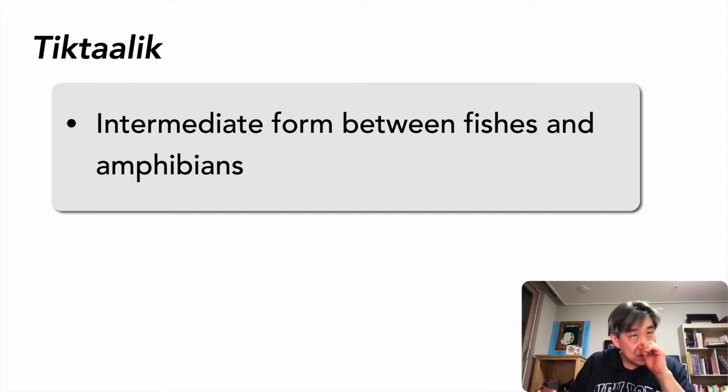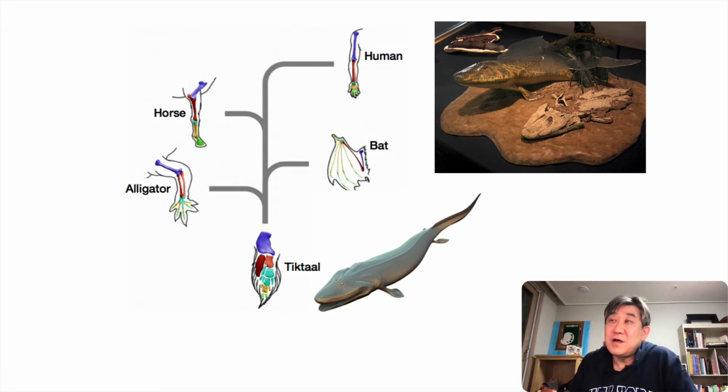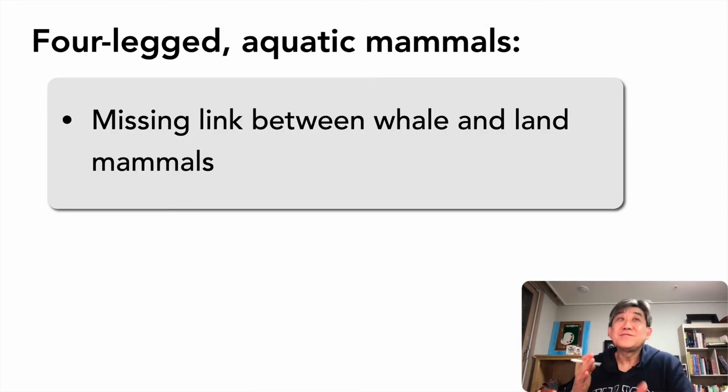Another very interesting fossil was Tiktaalik. It's an intermediate form between fishes and amphibians, a four-legged fish, you could say. And this one has a preserved bony anatomy shared with land mammals and reptiles. So obviously it is indicative of a common ancestor of all those land four-legged animals. So this can be viewed as a so-called missing link between